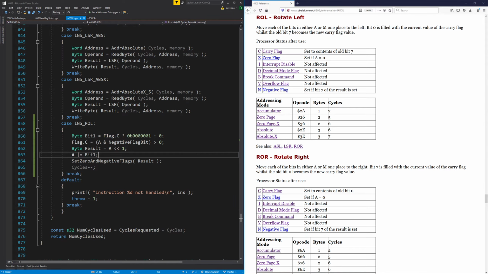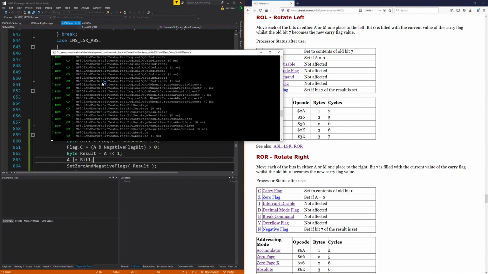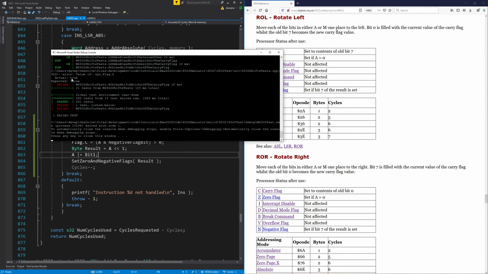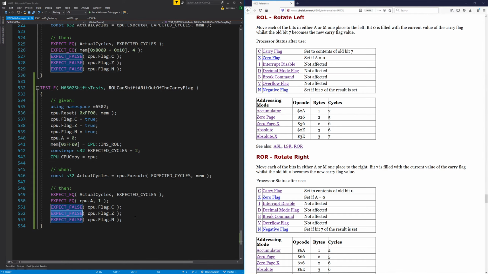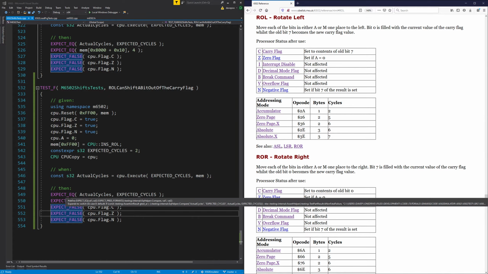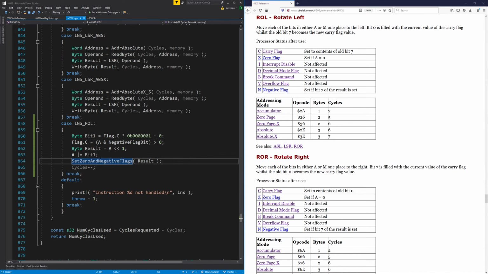Why is the 0 flag wrong? What was it expecting? Expected false. No, we didn't. The 0 flag should be false. Yeah, the 0 flag should be false. Is that right? 0 flag set if A equals 0. What have I done wrong? Oh, because